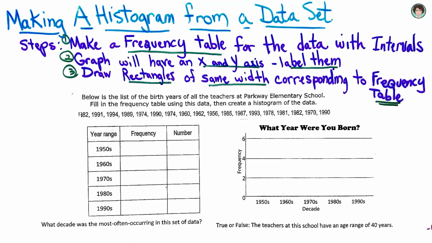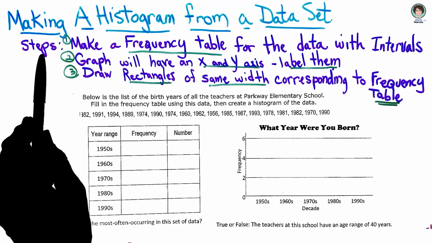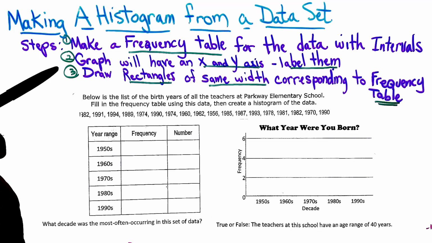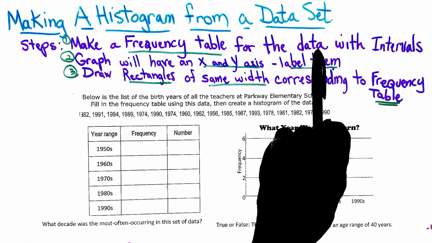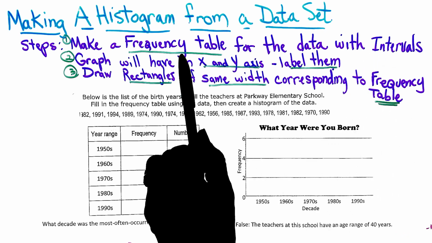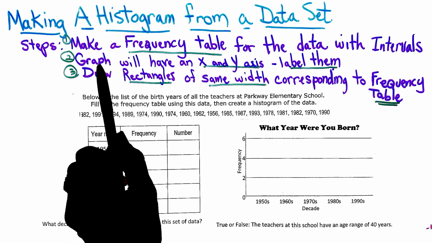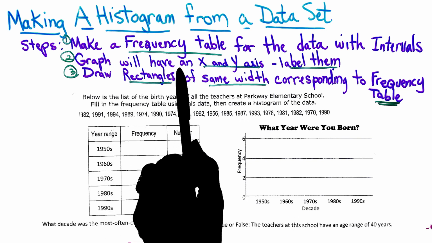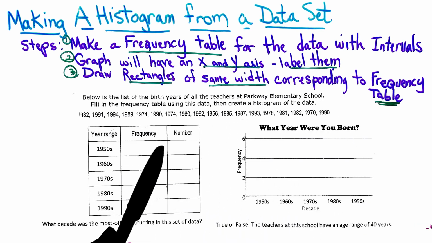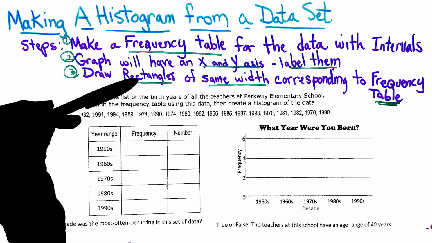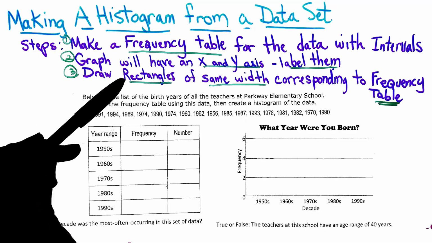For this lesson, we're going to be making a histogram from a data set. So the steps that we're going to follow, I've listed to make it easier to understand. Make a frequency table for the data with intervals. Graph, you're going to make a histogram, and it's going to have an X and Y axis, and we're going to label them. And last but not least, we're going to draw our rectangles that represent our data, and they